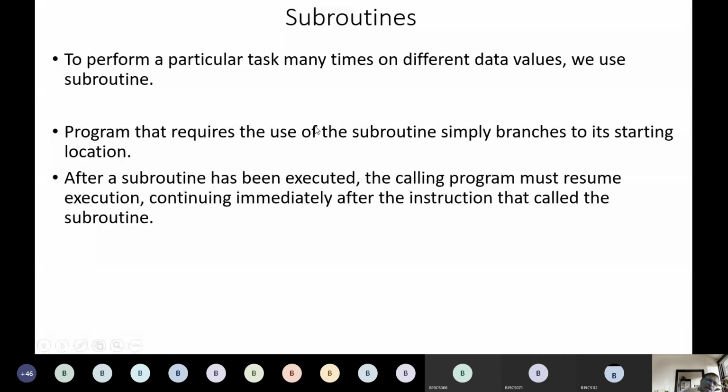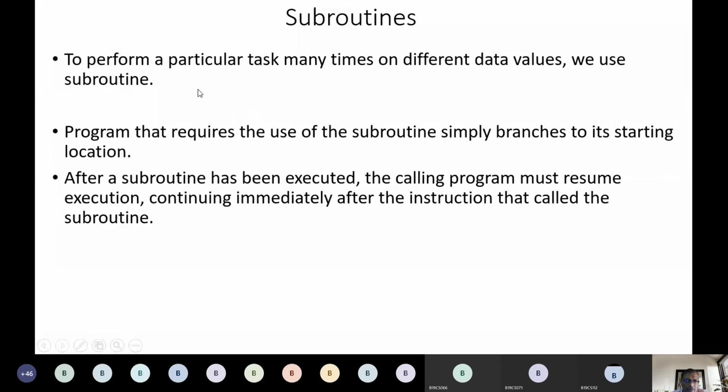So in C language we have a calling function and a called function, correct? For example, the main function is calling some other function. That function we call a user defined function, correct? So for example, the main function is calling maybe some other user defined function like an add function.